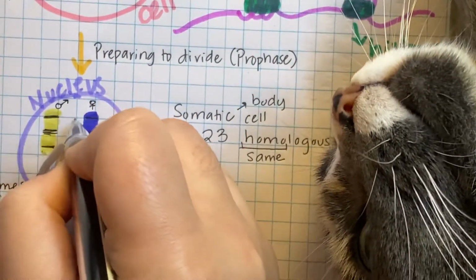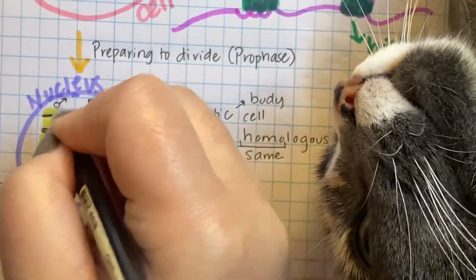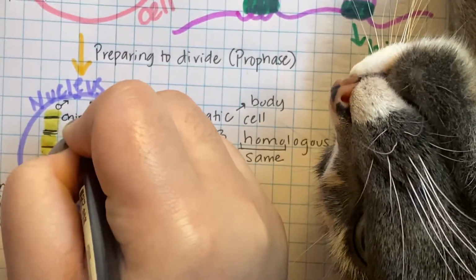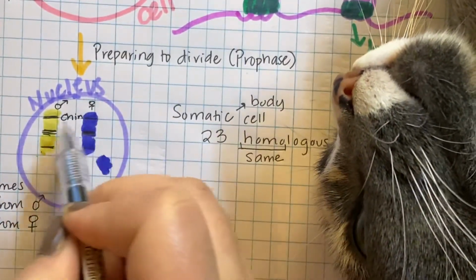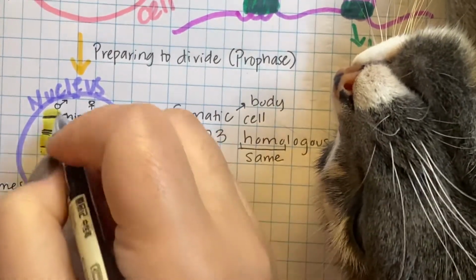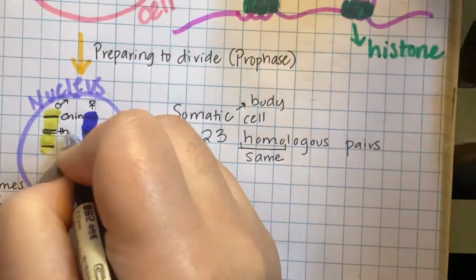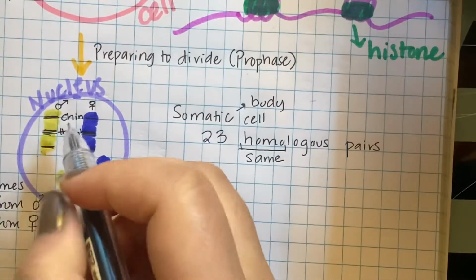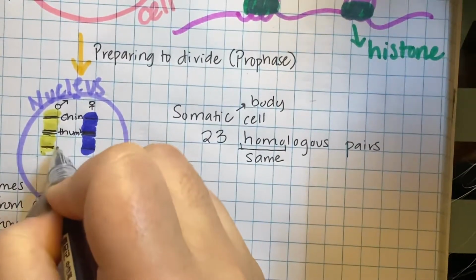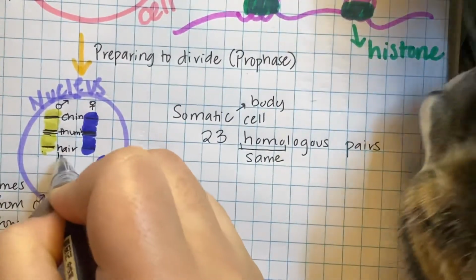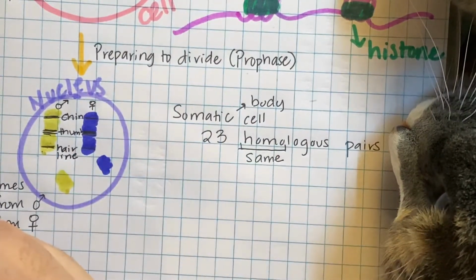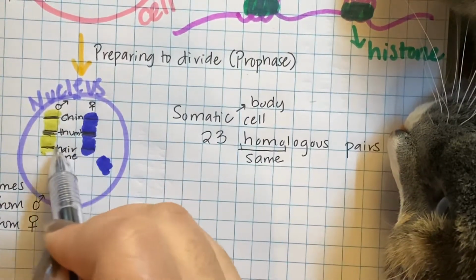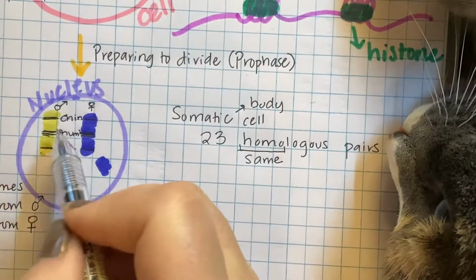Meaning, this top banding might be the gene that codes for your chin, so whether you have a cleft chin or not. And then this next trait might code for the shape of your thumb, whether you have a straight thumb or a hitchhiker's thumb. And then this next trait might code for your hairline, whether you have a straight hairline or a widow's peak. Okay? So they're going to carry the same genes in roughly the same order,